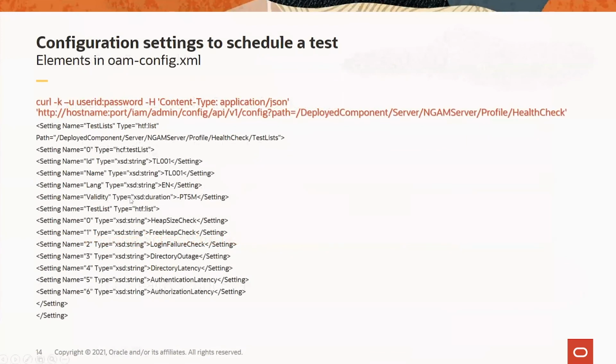Now, this is one example to show a REST API interface for the profile health check here. Once you execute the REST API, it basically lists, under the health check profile, what the test lists are and what the various parameters being checked are. As I mentioned earlier, these values can be set by using get and put methods of REST API. Here in this specific example, you see the duration is set for 5 minutes, and these are the parameters being checked periodically every 5 minutes.